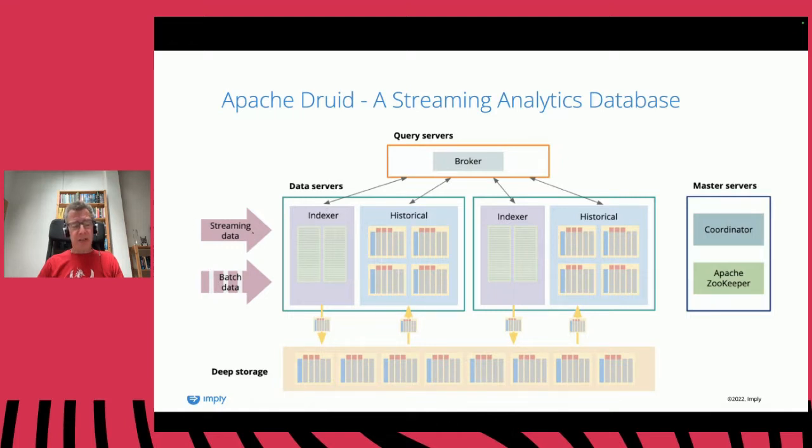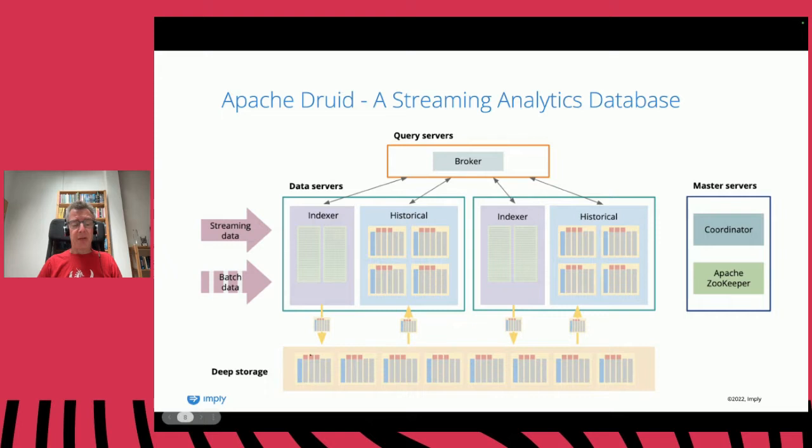So to the left here, this arrow might be your Kafka stream. It has n partitions. You could have n so-called indexer processes that each listen to one partition of data and collect Kafka messages, analyze these messages, and transform the messages into a columnar format,